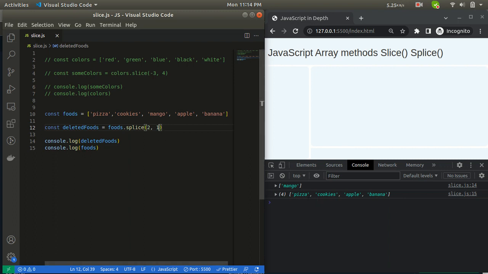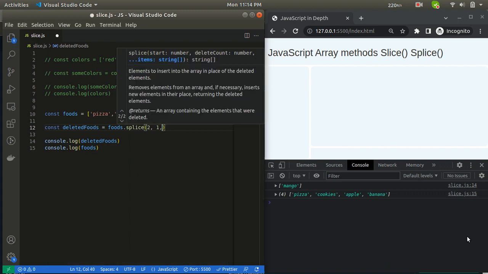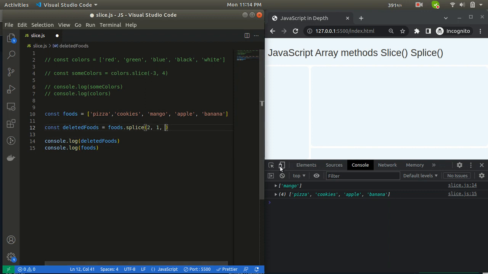Now we have deleted one element, but now we want to add some elements into this array. We can pass that as a third parameter to the splice method. Let's say I have to add one more food, like a new food. So I am adding new food.